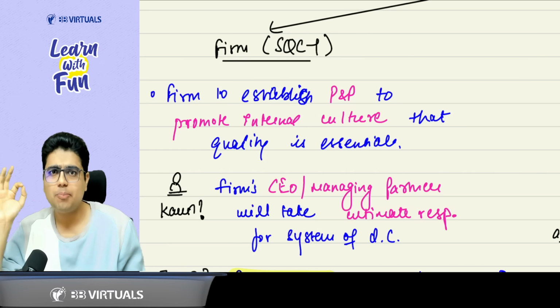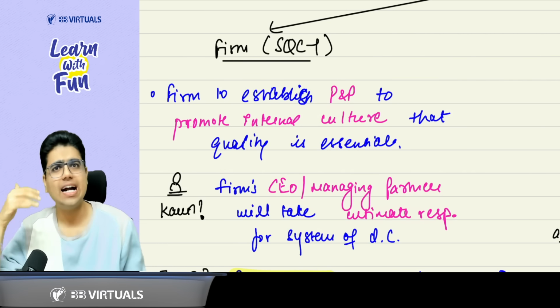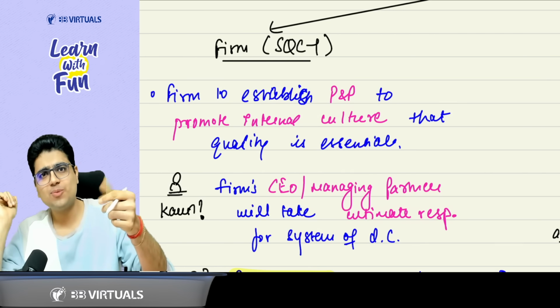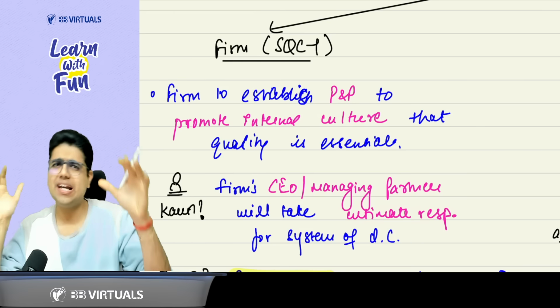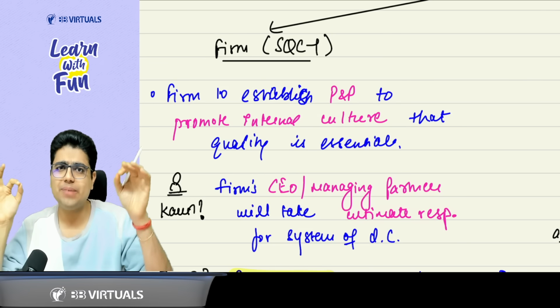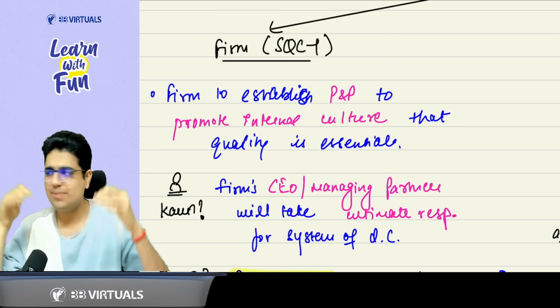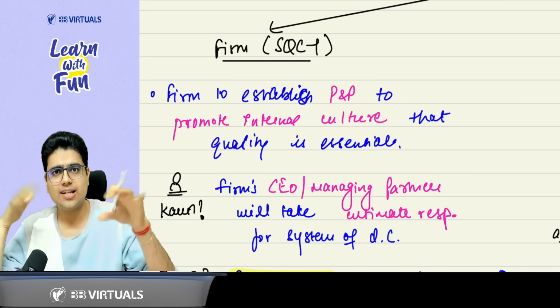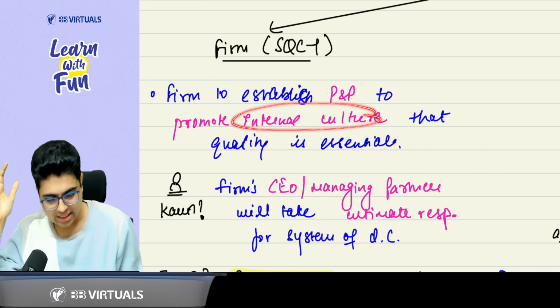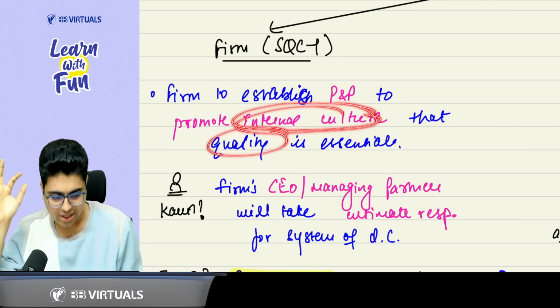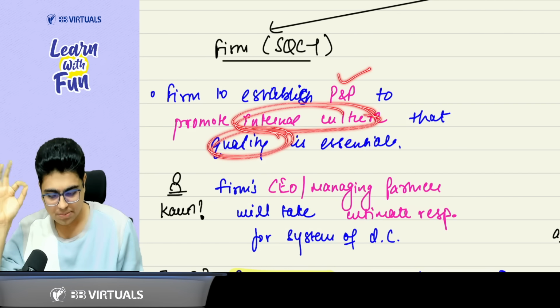just establish a policy for that. Like ICAI wants money from students in the form of IT/OT fees. So they make a policy that as a student, you need to complete your training to give us the fees. Similarly, anything you want to get done in this standard, you make a policy around that. So if you want to have an internal culture of quality, establish a policy about it.